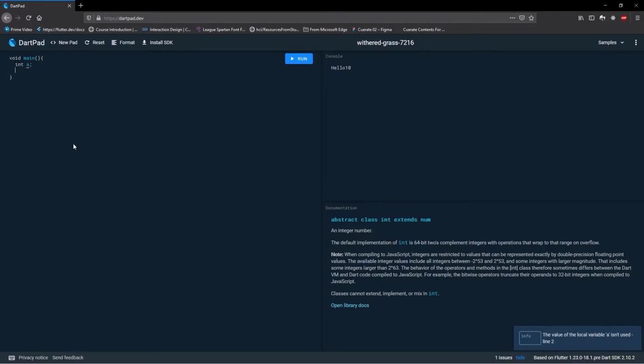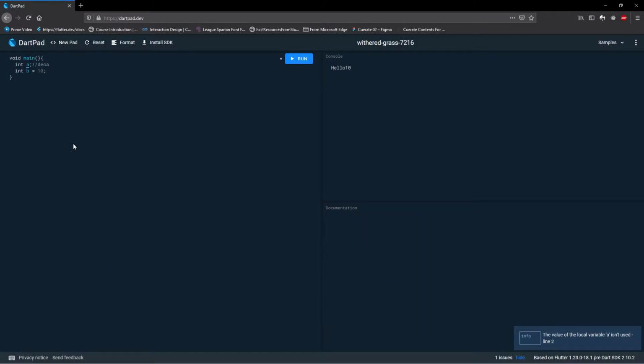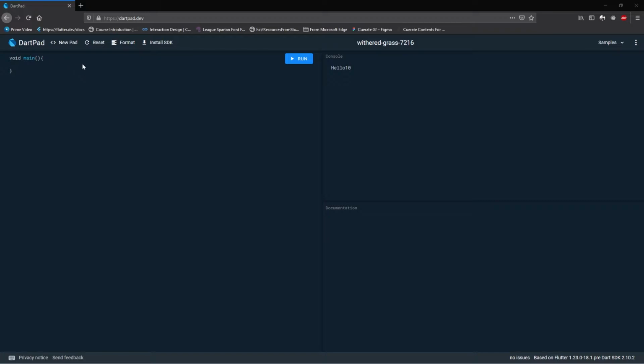Now if I do int b is equal to 10, this is called initialization. And if I do a is equal to 20 over here, this is called an assignment. All right, so this is the basic terminology.